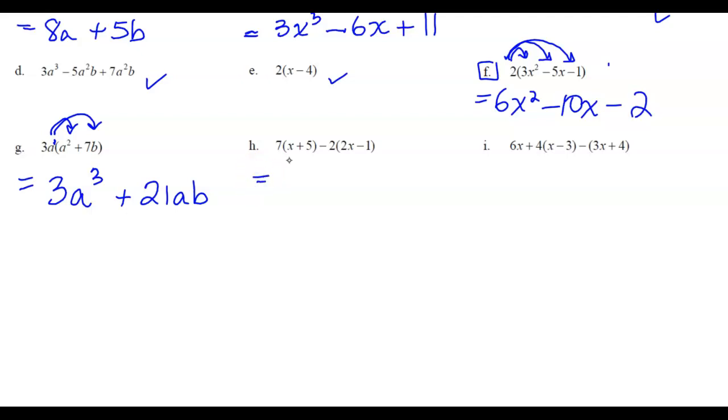Okay, next one. Here we have two sets of brackets. So it's 7 times x plus 5 minus 2 times 2x minus 1. So I do this expansion first, 7x plus 35. I'm trying to get rid of the brackets. So when you're expanding, don't keep them in. So now I'm going to keep the negative with, oops,